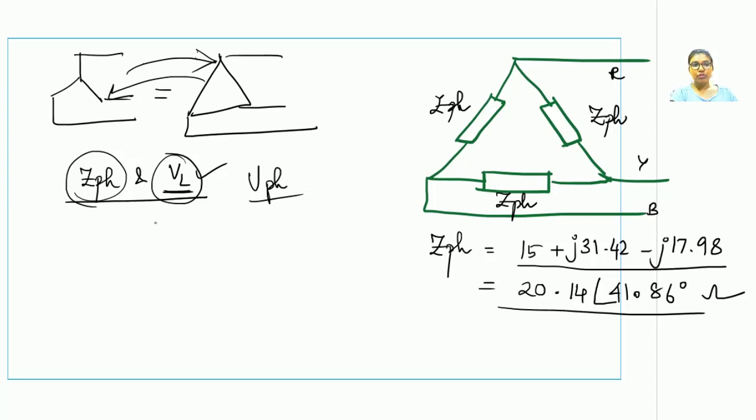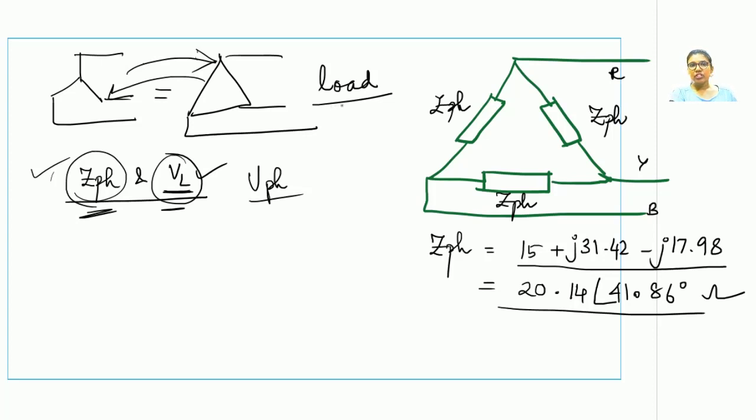So in this numerical, we are going to see what will be the values of the real power, apparent power and reactive power. They will never come out to be the same, they will be different because they change with the change in the structure. For star connection, the values of power obtained would be different for the delta connection. So this part is important and one must remember that when we are changing the load, I'm just talking of the load changing the structure. Here we are not talking anything about the source.